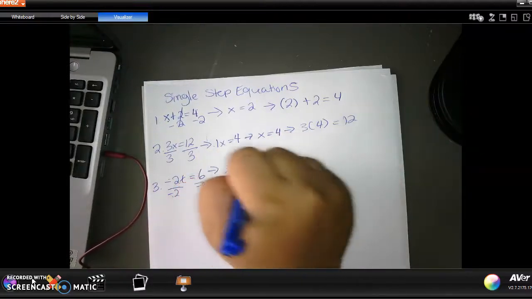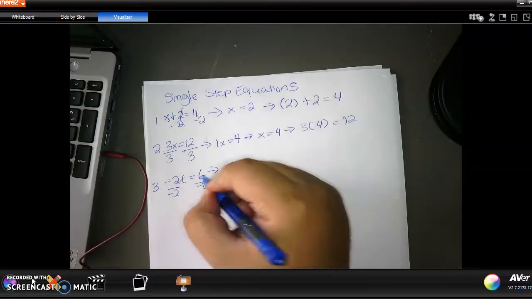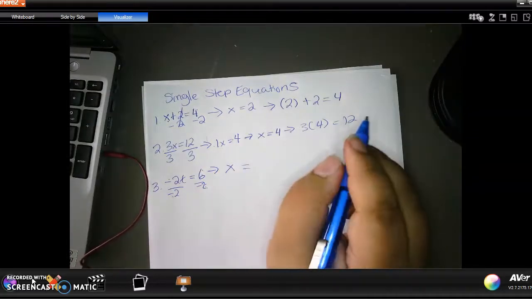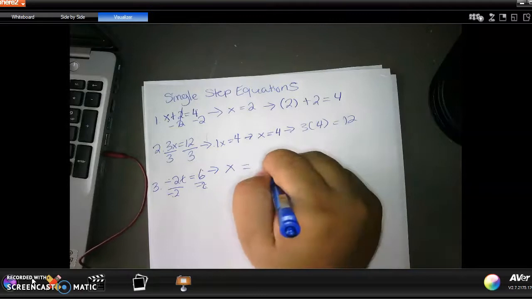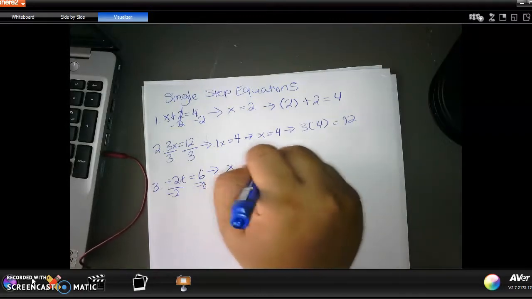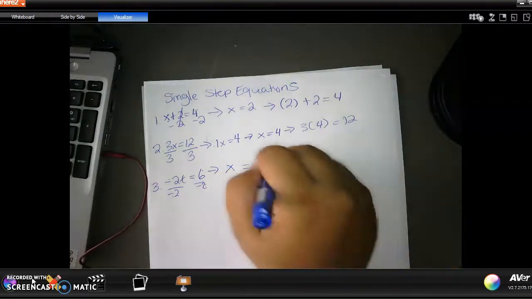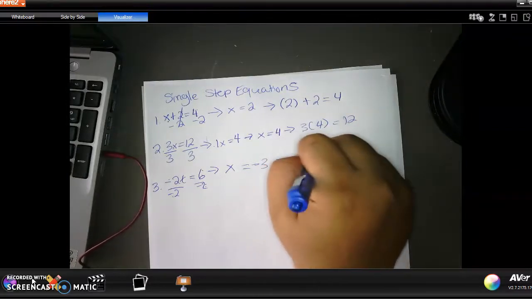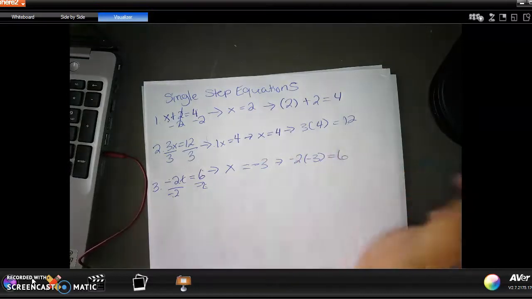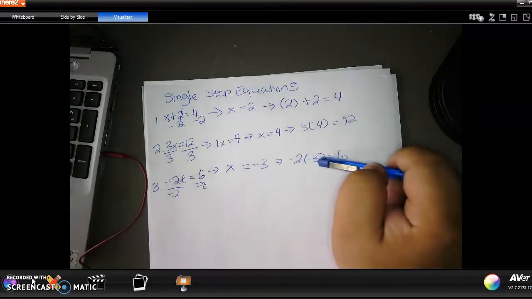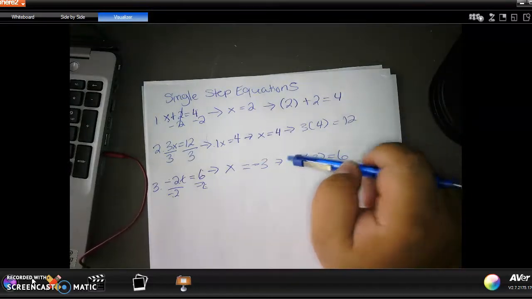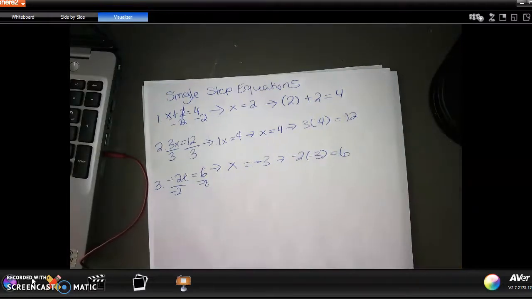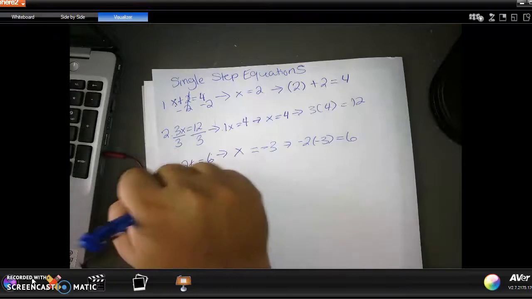Alright, so I bring my x over. And then 6 divided by negative 2. A positive divided by a negative is a negative. So 6 divided by negative 2 is negative 3. And if I wanted to check it, I would do negative 2 times negative 3 equals positive 6. Because 2 times 3 is 6, and a negative times a negative is a positive. Alright? Another one, let's do